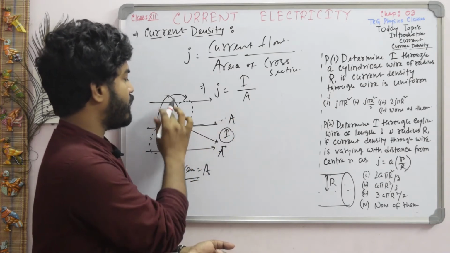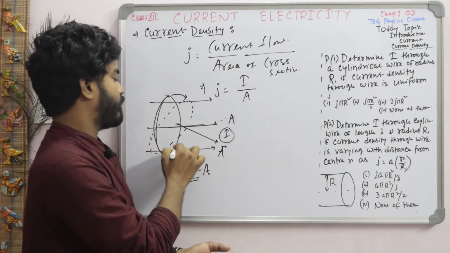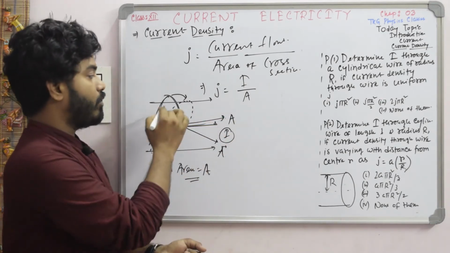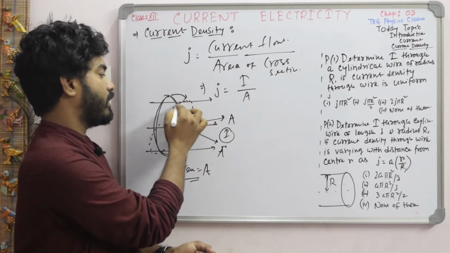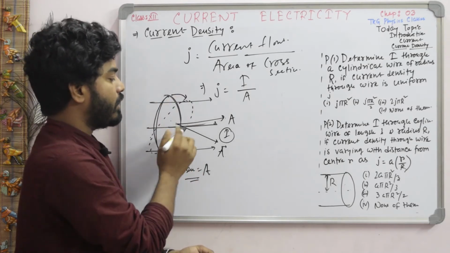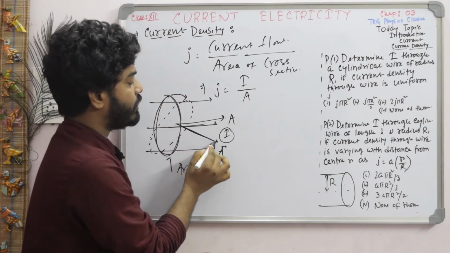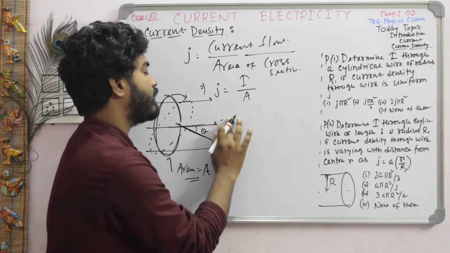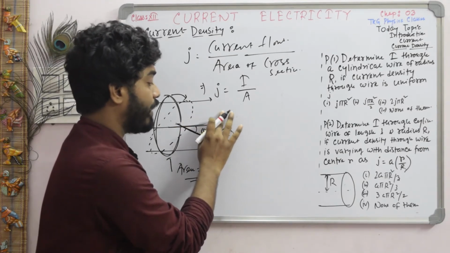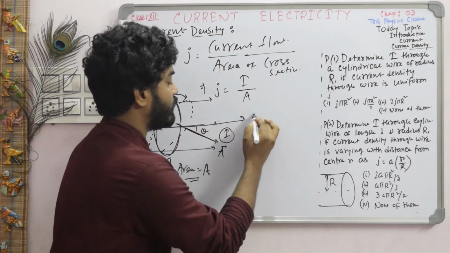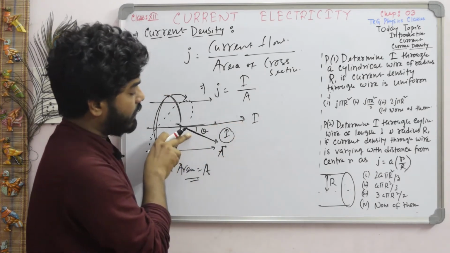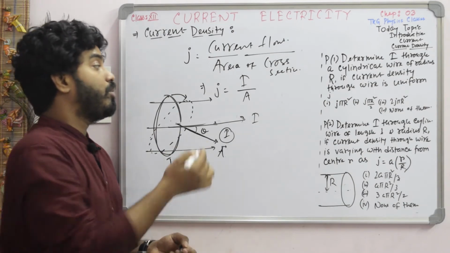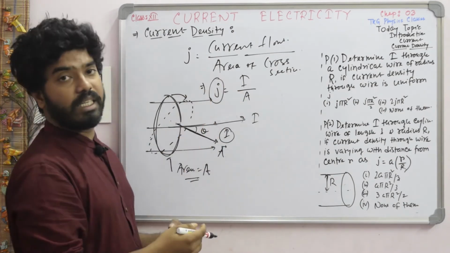In the first condition, for this section, the area is directed outward. Now, when we shift this cross-section area through some angle, the direction of the area vector must be shifted. And you just consider this angle is theta, which is made with the direction of current. So, this is the direction of current and this is the direction of the area vector. In that condition, what will be the value of current density J?